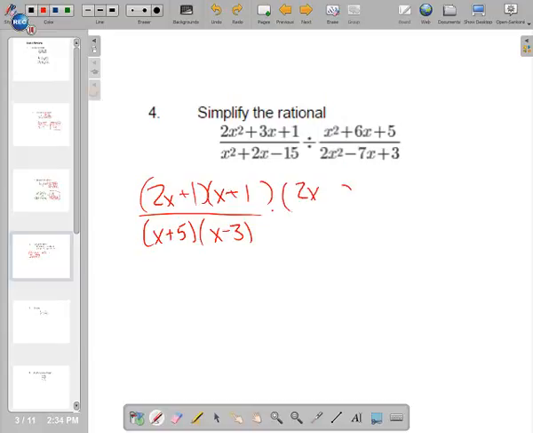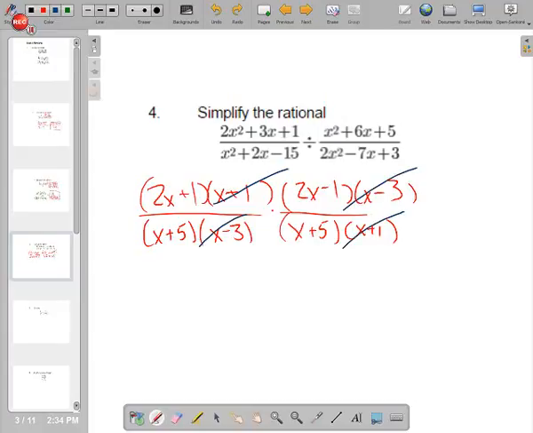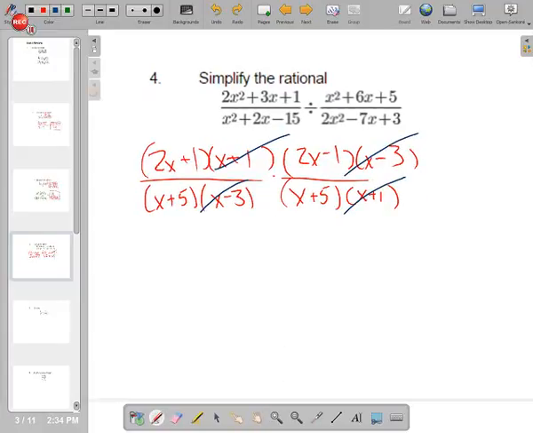And when you factor that, it's 2x, let's see, minus 3, minus 1. There you go. And in the denominator, this is in the denominator because I flipped it. X plus 5, x plus 1. So let's see if anything goes away this time. That goes away. That goes away. All right. And now I got in the numerator, so 2x plus 1, 2x minus 1 over x plus 5